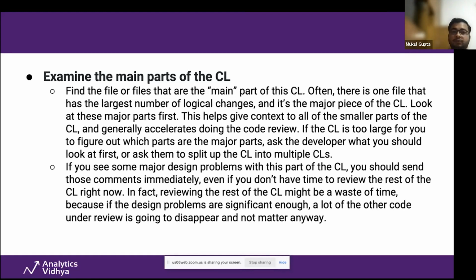So find those files where the main part of this change list resides. Often there is one file that has the largest number of logical changes, and it is usually the major piece of the change list. You need to start looking at those major parts first. So why do we want to start looking at those main parts of the change list first? First, this will help you